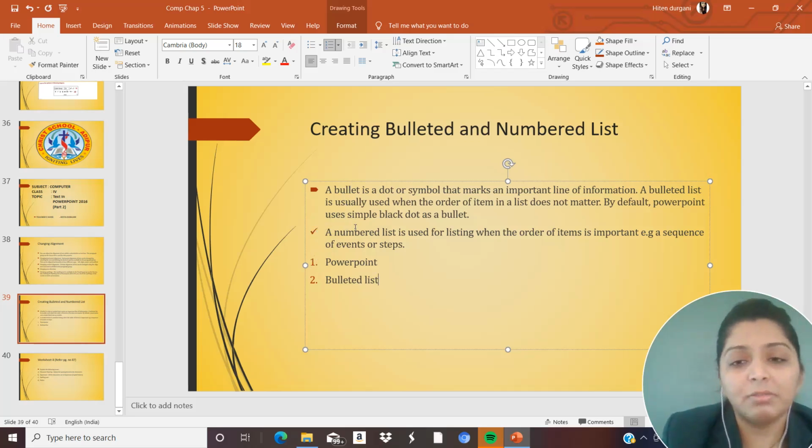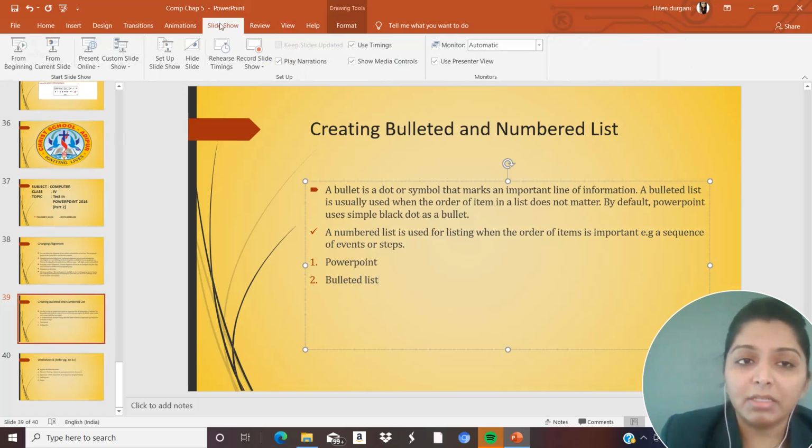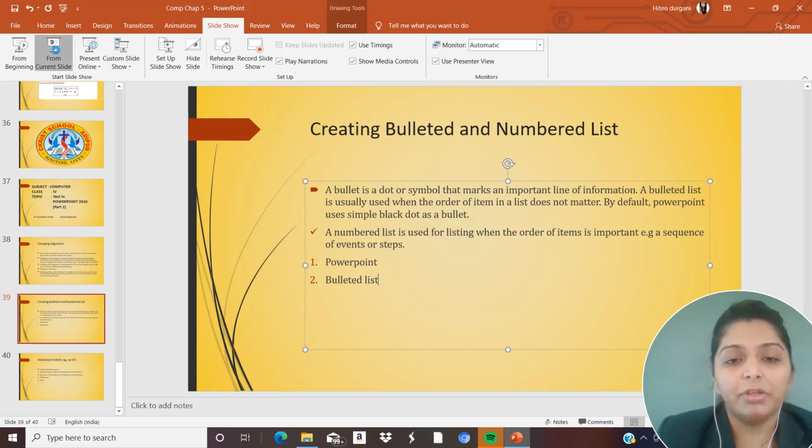Okay, it doesn't matter कि कौन सा sentence पहले आता है कौन सा sentence बाद में आता है, it doesn't matter for me. Okay, suppose you are writing advantages or limitations in any of your subjects, so you create a bulleted list. But if you are writing down the steps, okay, for anything you create a numbered list like this. The same way you can do in the PowerPoint presentation also. Is it clear to you, dear children?